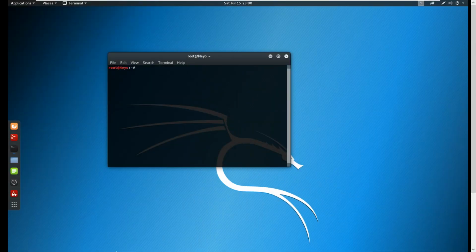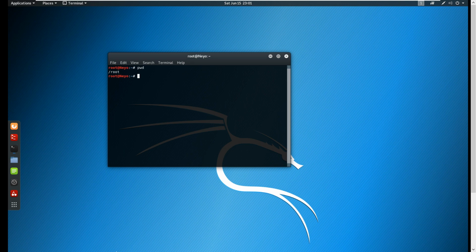Let's start with our first command. Our first command is pwd. pwd stands for present working directory. It shows us the whole directory or path that we are currently working in, or currently located in. pwd is a useful command for navigating and knowing where we are within our Kali